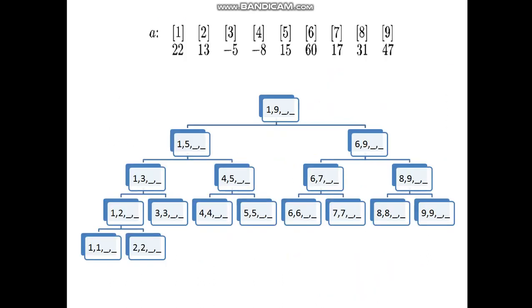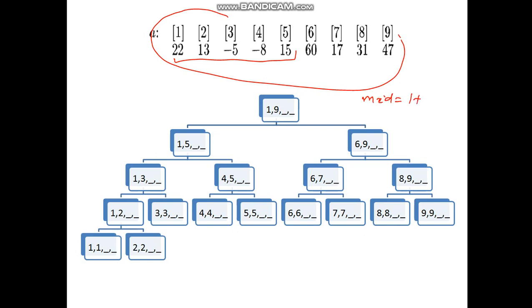So moving ahead, let us say this is an array of size 9. What I do is divide this array into 2 halves by using the middle. So mid is equal to 1 plus 9 divided by 2, that comes to be 10 by 2, that is 5. So that's the reason it is 1 to mid and mid plus 1 to high. Now 1 to 5 is the problem size. This is neither 1 nor 2, so I can again divide it into 2 parts, that is 1 plus 5 divided by 2. It becomes 1 to 3 and 4 to 5.